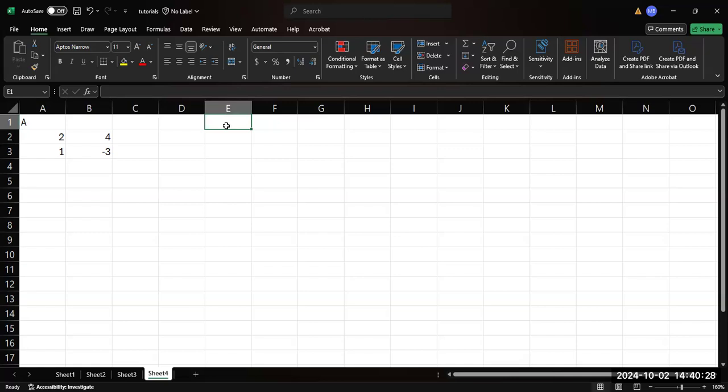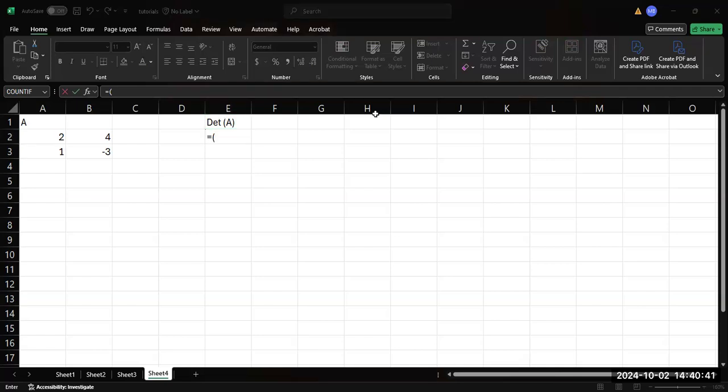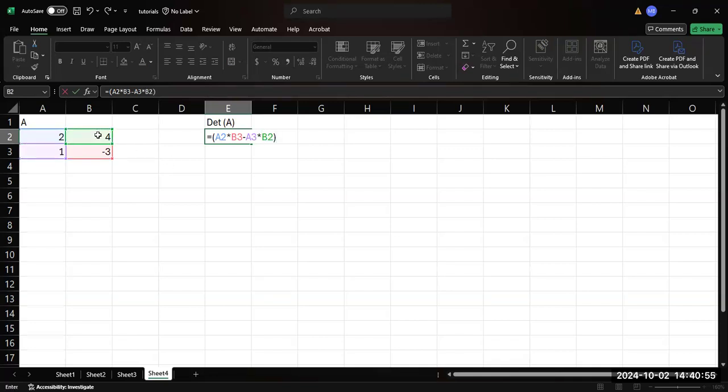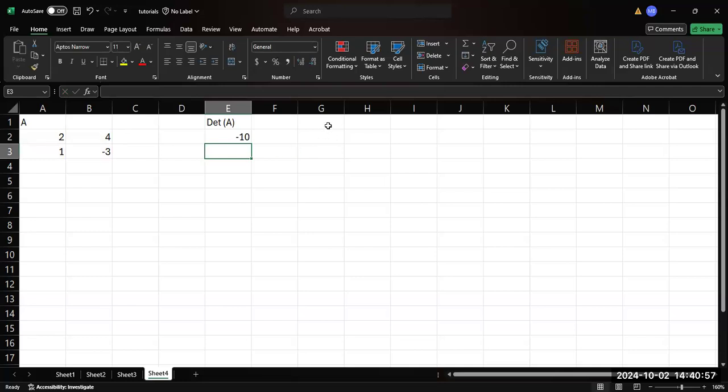So this is my A matrix. And so over here, I'm going to calculate my determinant of A, which is going to be, again, relatively simple, but we'll use this to build determinant calculators for bigger matrices. So the determinant of A is going to be this entry times this entry minus this entry times this entry. And so then our A